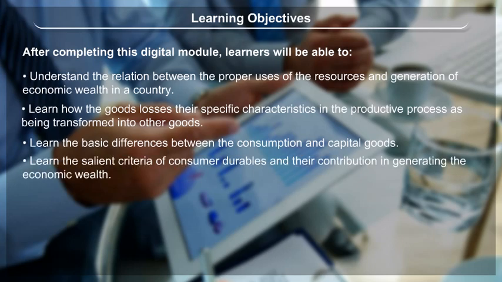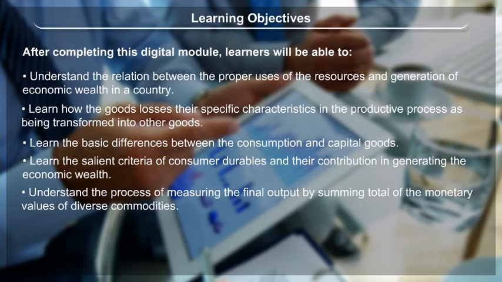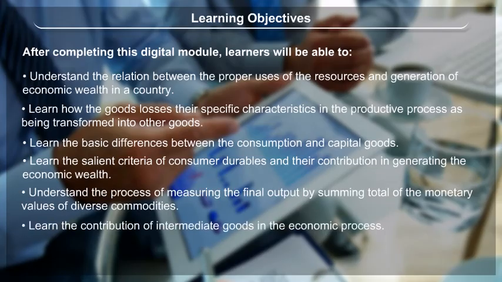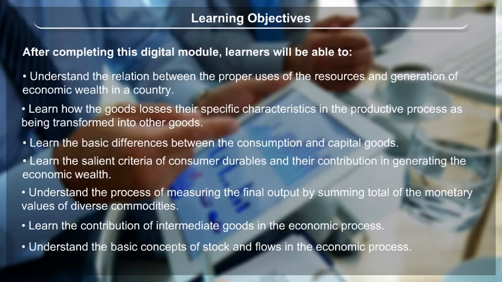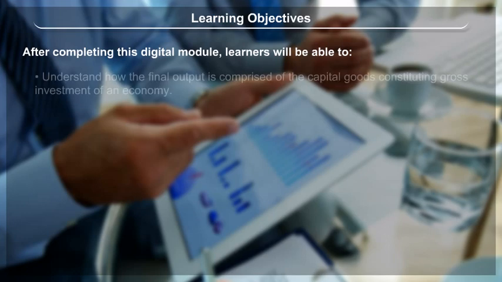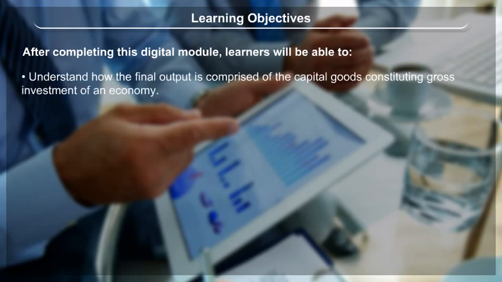learn the salient criteria of consumer durables and their contribution in generating economic wealth, understand the process of measuring the final output by summing the total of the monetary values of diverse commodities, learn the contribution of intermediate goods in the economic process, understand the basic concepts of stock and flows in the economic process,